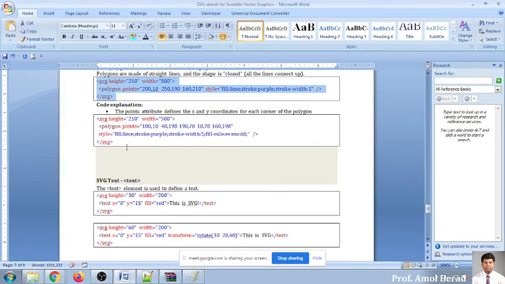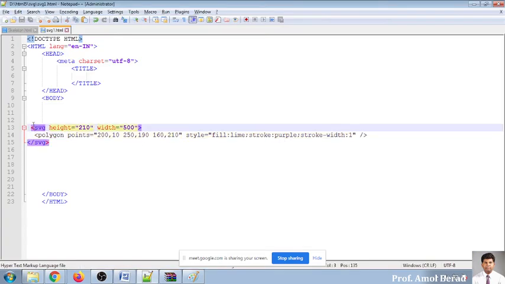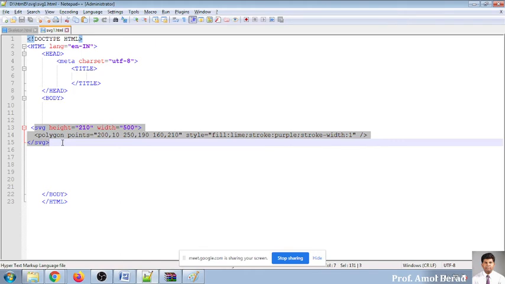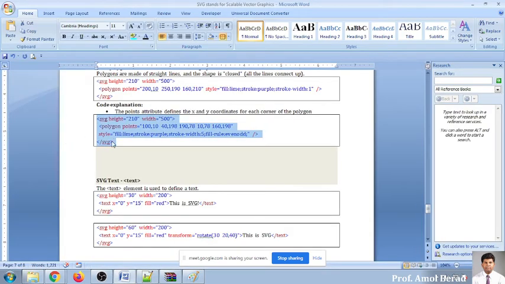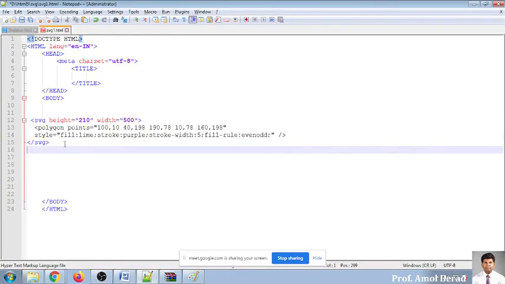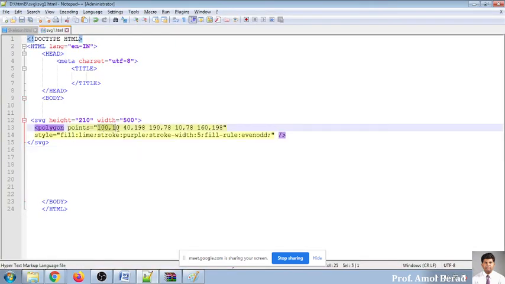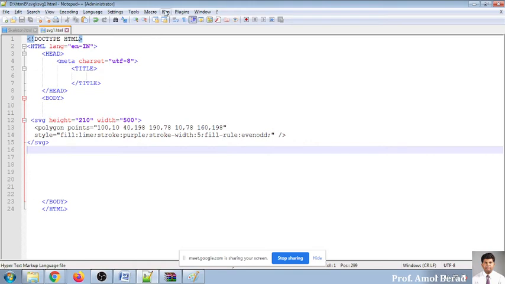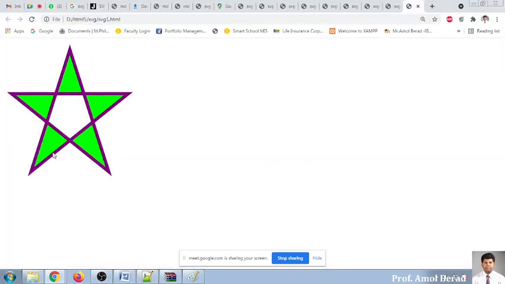Now another example I want to specify, where I want to draw a different shape, that is a star shape. So I'm copying it and pasting over here. This will take the first x and y coordinate, second x and y coordinate, third, fourth, and fifth x and y coordinate. So the shape will contain at least 5 angles in my output. I'm running on Chrome, and you see the star is displayed in front of me. So 5 different angles are set. This is my first triangle, second triangle, third triangle, fourth triangle, fifth triangle.